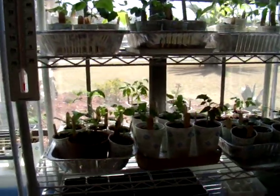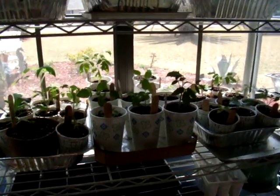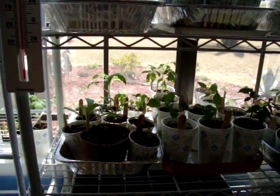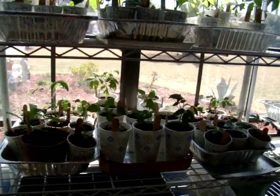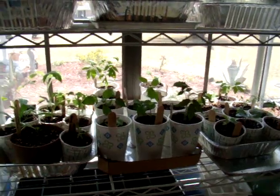Okay, it's time for a seed update. I just wanted to do a quick video, just let everyone see how my seeds are going along here, and they're doing great. I have already moved a lot of things outside, and those tomato plants that I started in